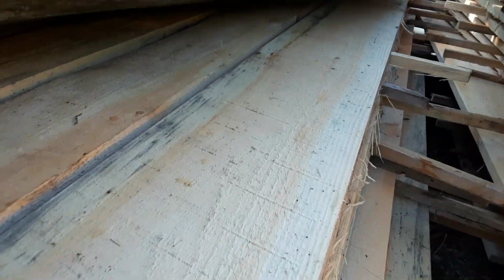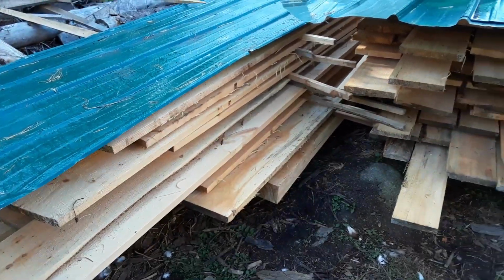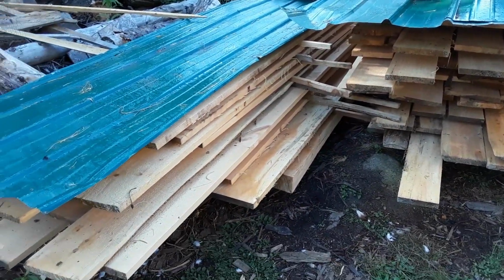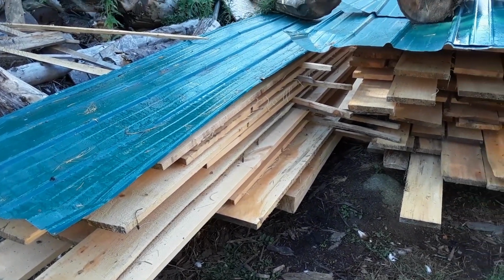Yeah, here's some more blue stain. Can't really see it, but it's gonna be awesome, especially having uniform 6-inch or 8-inch boards on the ceiling above the 4x6 rafters. Speaking of rafters,